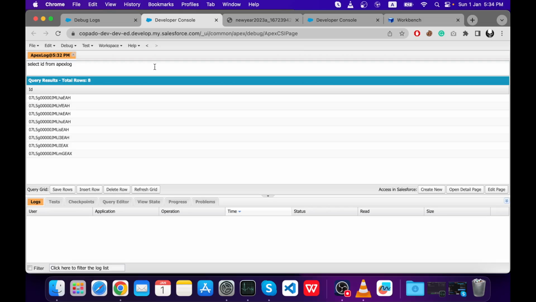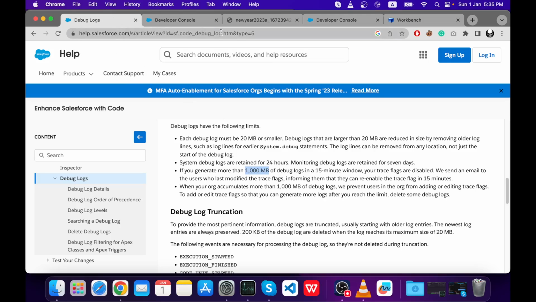So basically, the logs are populated whenever we do any operation, or any scheduled operation or process automation is run, or we want to show some data from our Apex class by system debug, or there are lots of use cases. But there's a limitation on how many logs can be visible per 24 hours. So if we go to the official documentation of Salesforce, you can see you can't generate more than 1000 megabytes